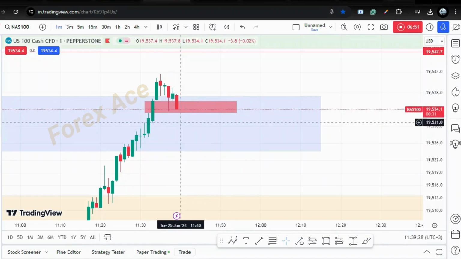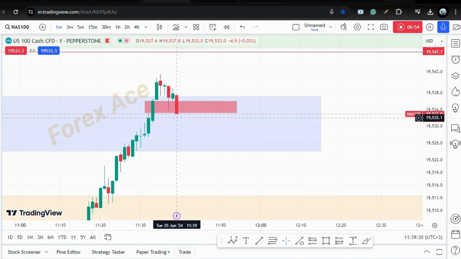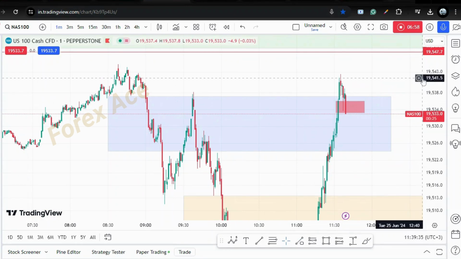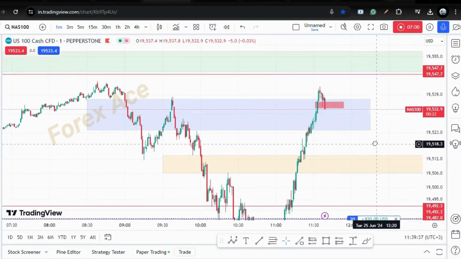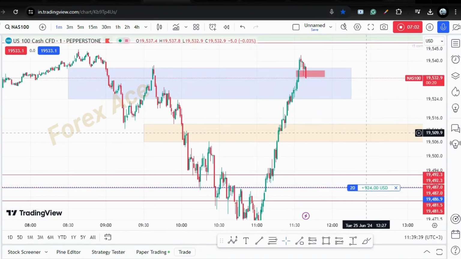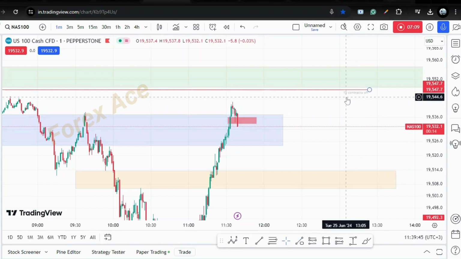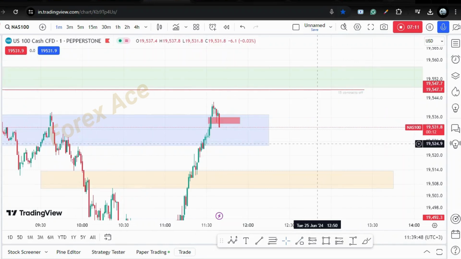It can wick down, but it should not close below it. If it closes below it, then I'll be ready to close the trade. We don't have to reach here, but it's good when we reach our profit target. I don't like tampering with trades, so